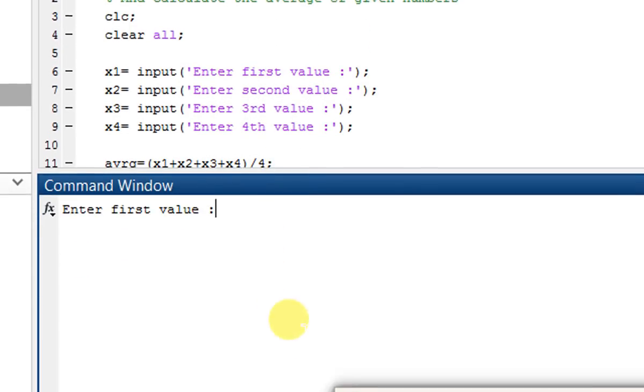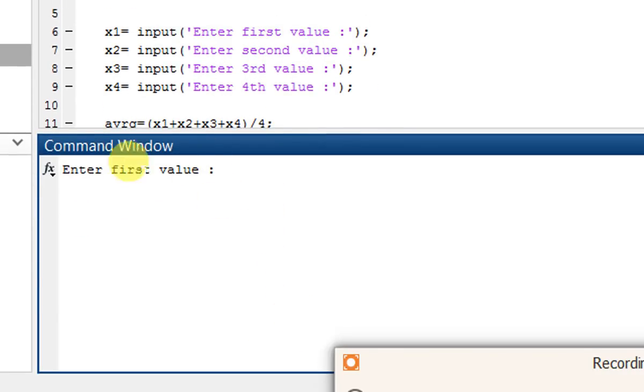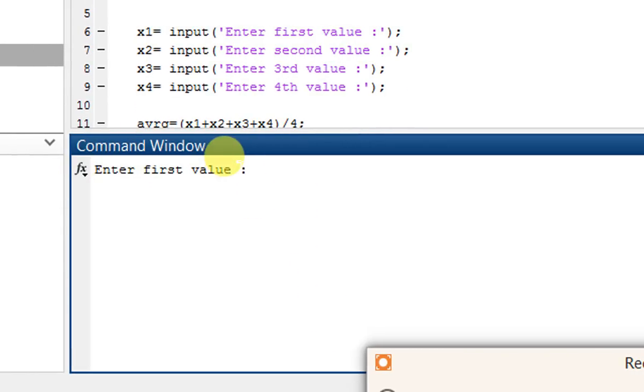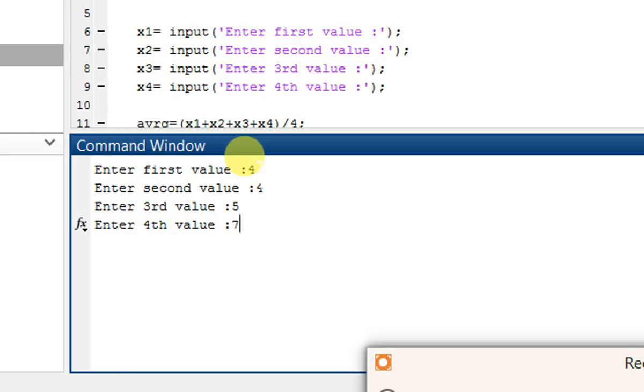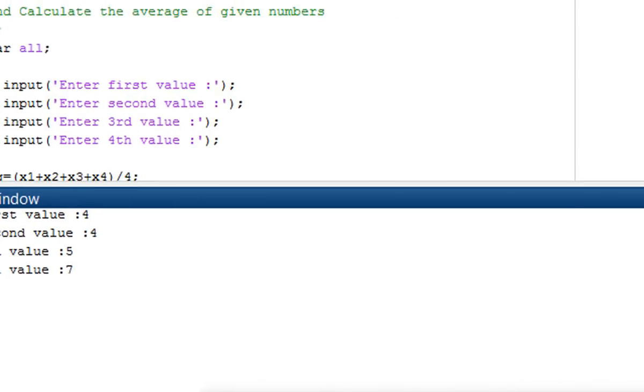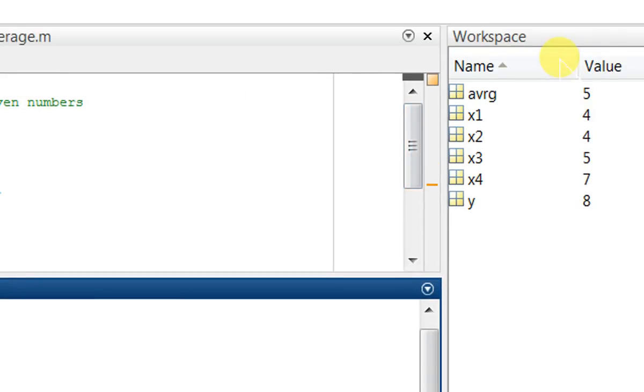Now see, on the command window our previous session's outcomes are cleared because of the CLC command. Now if we put the variables 4, 5, 6 and 7 and hit enter, new workspace variables are created because the previous variables were cleared by the clear all command.